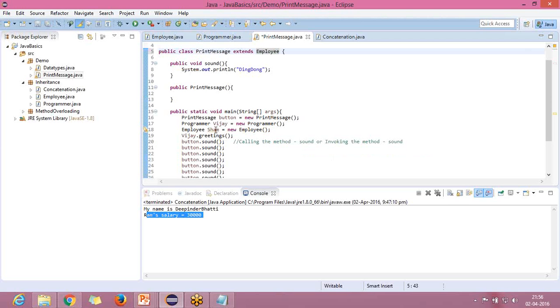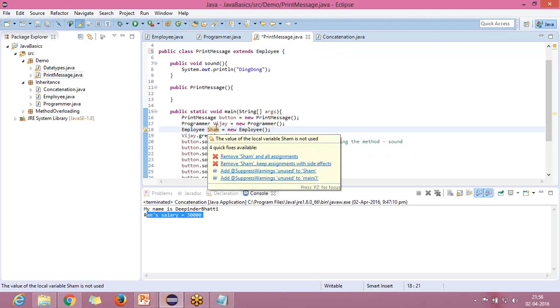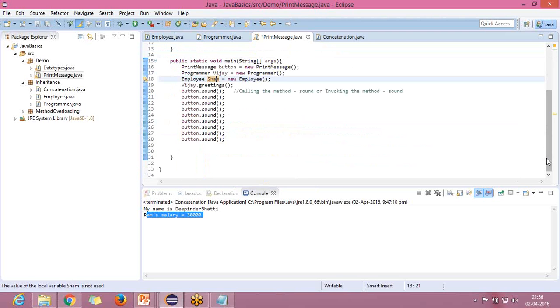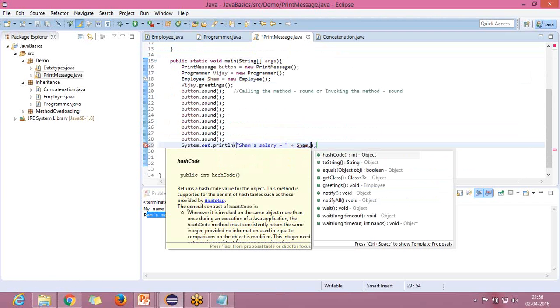Now for Employee we already have an object Sham. So now Sham will receive his salary, he won't have to beg for money. So we can write Sham's salary is equal to plus the object Sham dot,